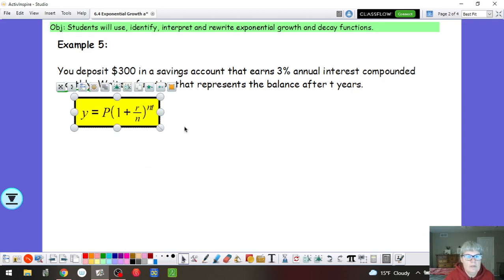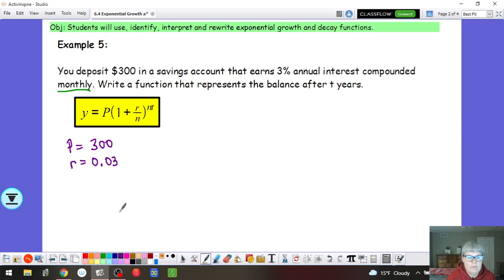So if we remind ourselves of what that function is, we have y equals P times 1 plus R over N to the NT. And let's just identify what the different parts are. P will be the $300. R is that 3% in its decimal form, so 0.03. N, because we're saying monthly, is going to be 12. And then T is time in years. So if we write a function for this, we're going to have